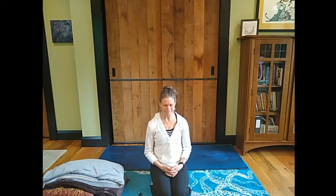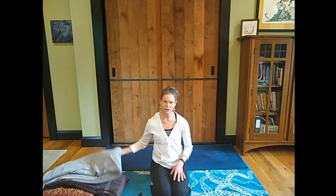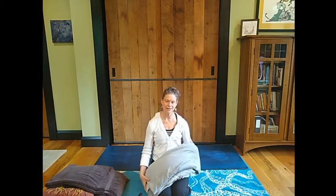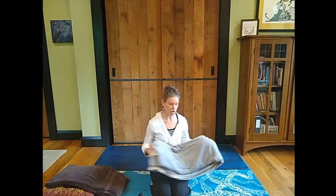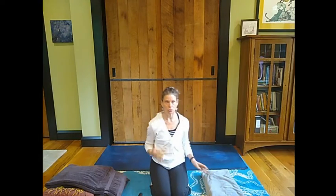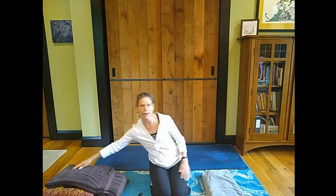So, a couple of things that you'll need for your practice today. I'm going to focus on tucking in and supporting. So one important thing is a soft blanket that feels good. We'll use the blanket in different ways in the practice so that you can feel different ways of supporting yourself from around. Then 2 bath towels,